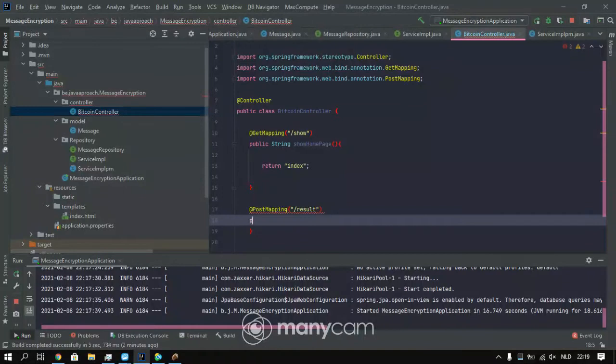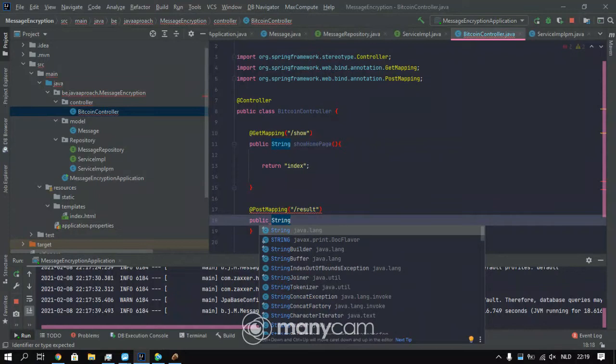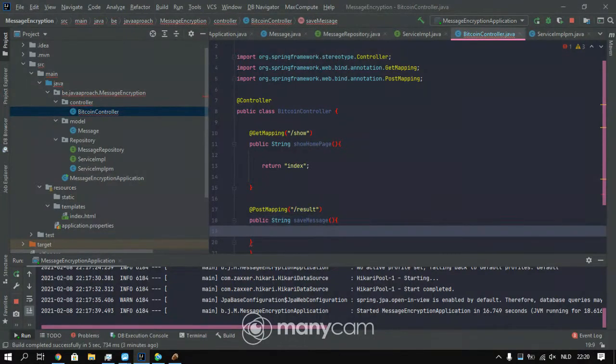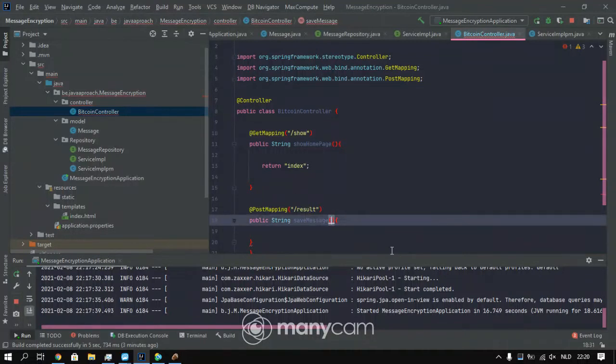Here I'm going to make a Java method or a bean, public String saveMessage, like this. It's going to take some parameters,